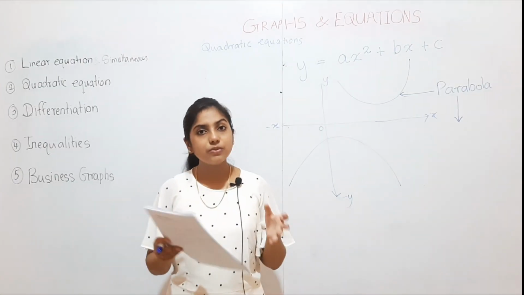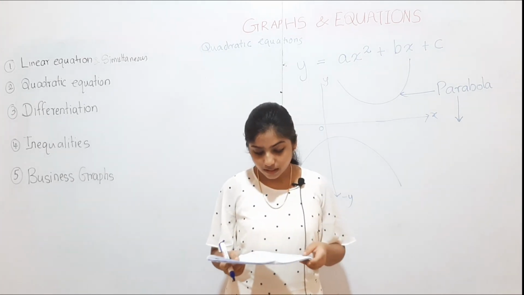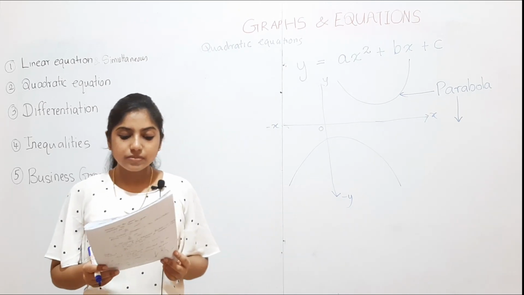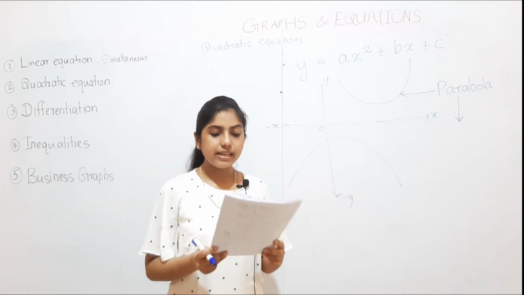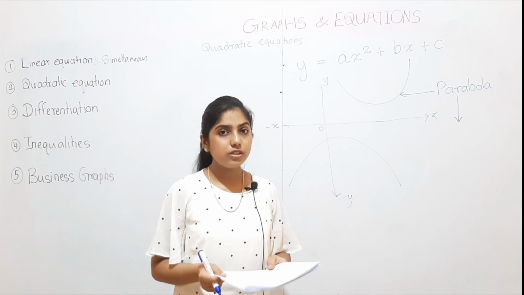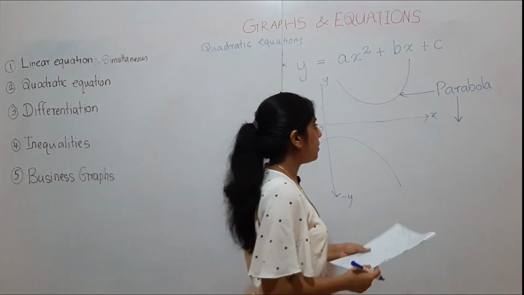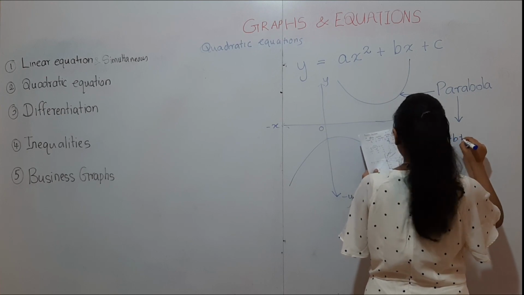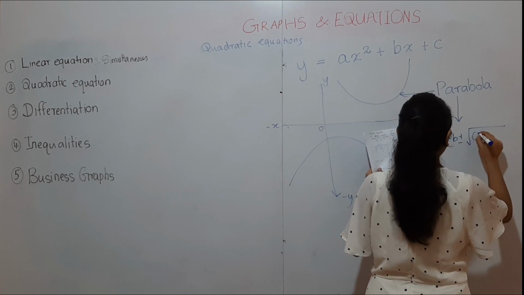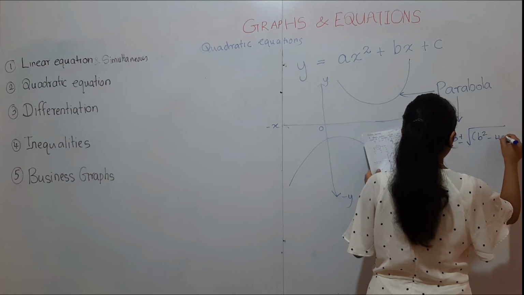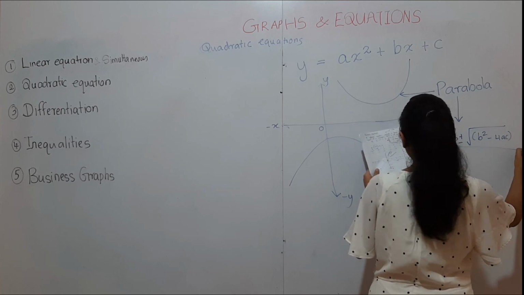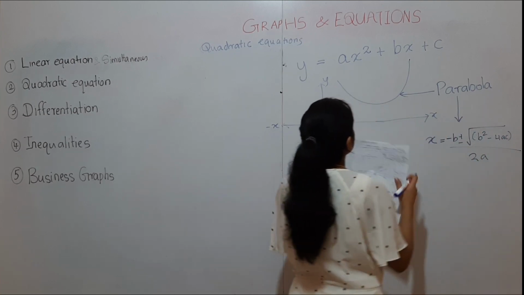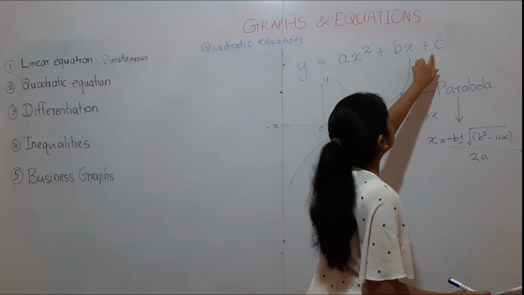that means x and y value both, then first of all, find the x value using an equation that I am saying now, which is x equals minus b plus or minus root of b squared minus 4ac, divided by 2a. And this b, a and c refers to this a, b and c value.